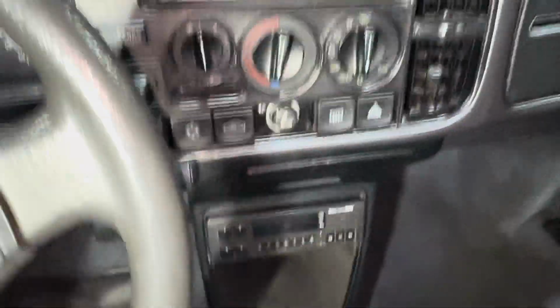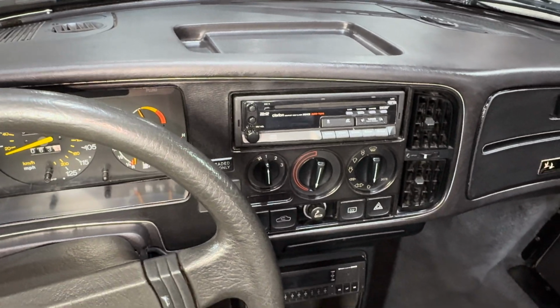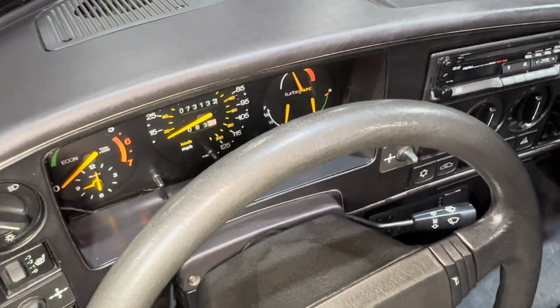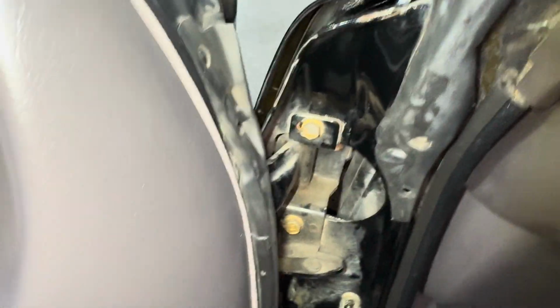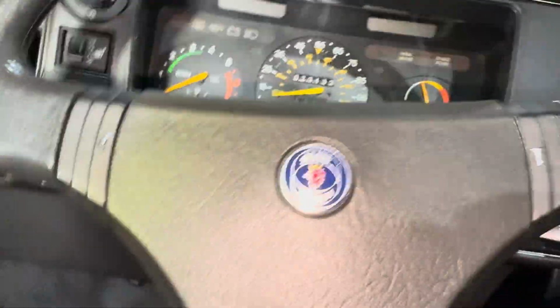Factory EQ. They've upgraded it with a Clarion aftermarket CD. We have a factory radio that goes with the car. It'll be in the trunk. Steering wheel, no wear on the steering wheel. Super nice shape. Even the door jambs, they got that Cosmoline in there. But you can see that the door jambs are perfect. I'm gonna slide in. Oh goodness,